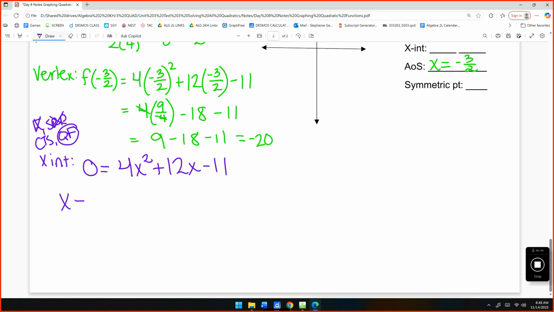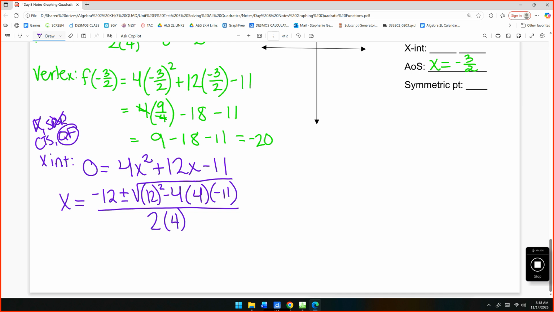Okay, so x equals opposite b, negative 12, plus or minus, big ol' square root, b squared, so 12 squared, minus 4 times a, which is 4, times c, which is negative 11. Ooh, square root too short. Fix it. There we go. All over 2a, 2 times 4. This smells like there's going to be some simplifying going on. Negative 12, plus or minus